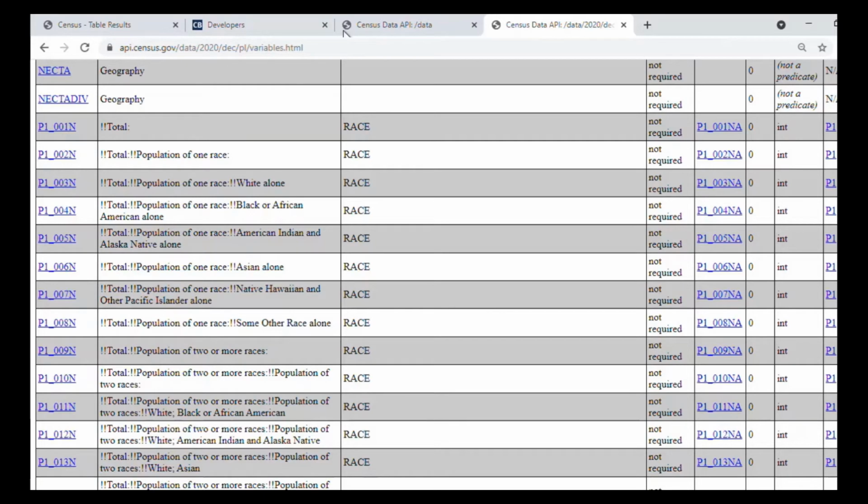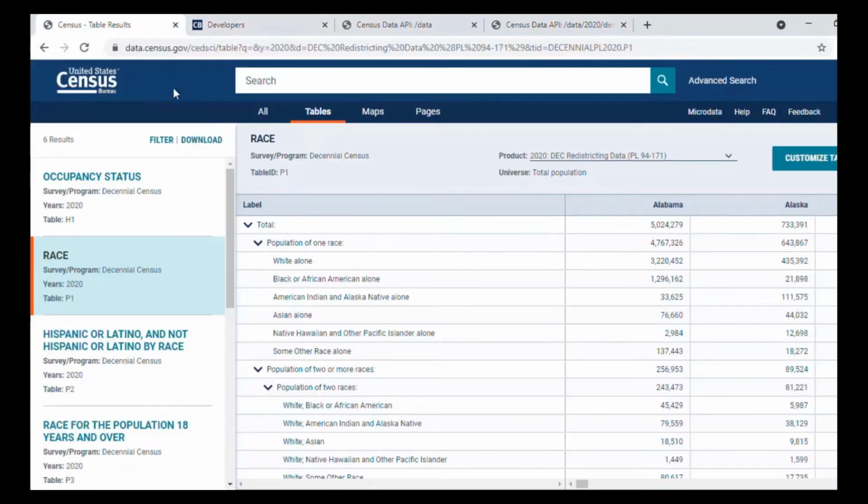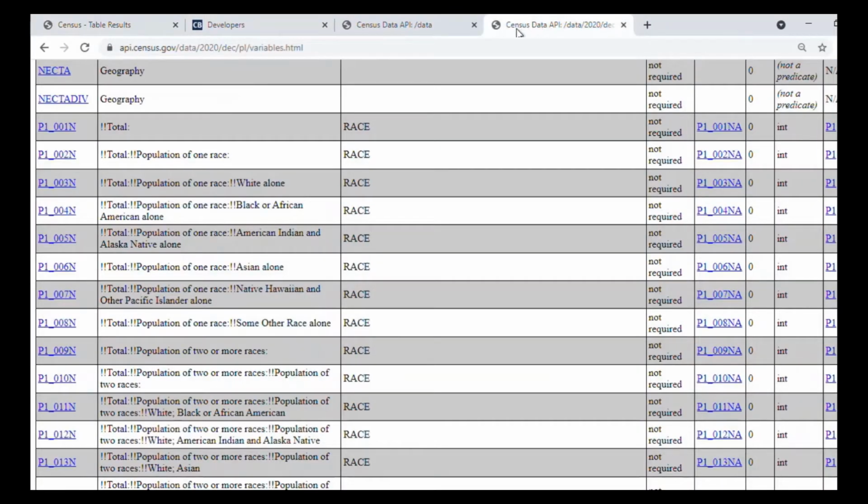If we look back at the table in data.census.gov, we'd see that this is the variable for the very first line of the table. This is definitely important data, but it's not one of the numbers that we are specifically looking for. Returning to the list of available variables, we can see that the next variable is P1_002N, which is for the total population of one race. This does happen to be one of the variables we want, so I'm going to make a note of that variable name,